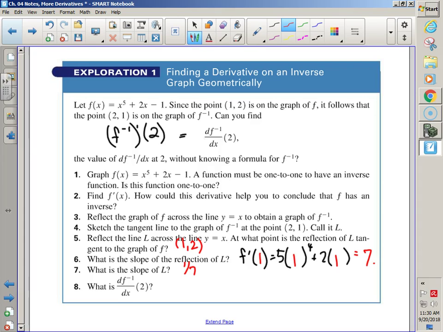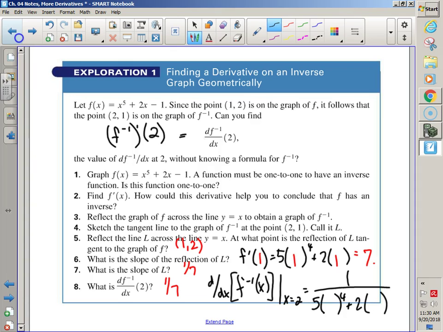So then our guess for the inverse derivative at 2 is, how do we check it? The formula that we just did on the page before. So how would we take the derivative of the inverse function at x equals 2? 1 over f prime